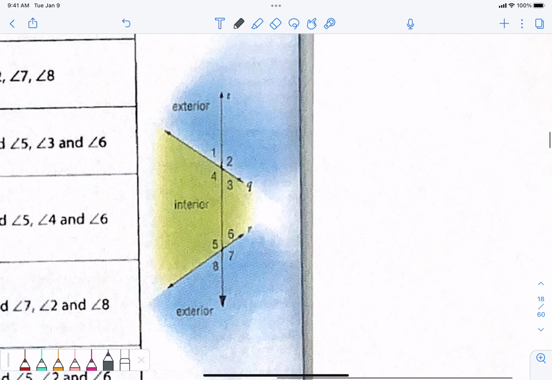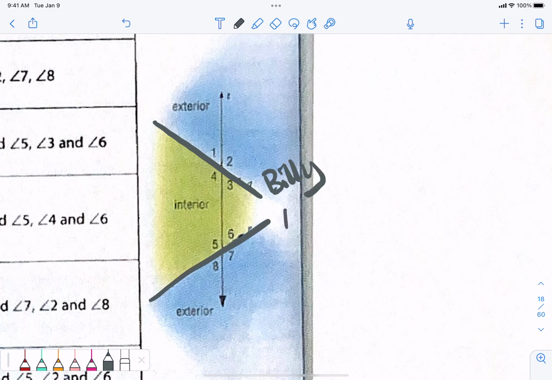The first thing that I'm going to talk about is who are my parallel lines? Billy and Carter. You guys were my parallel lines. You do not have to be parallel. This could be Billy, and this could be Carter laying down. Your feet could touch, or your heads could touch. So you don't have to be parallel. You could be weird, and this still works. This guy is still called the